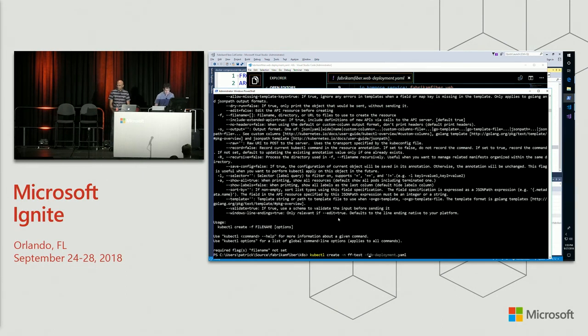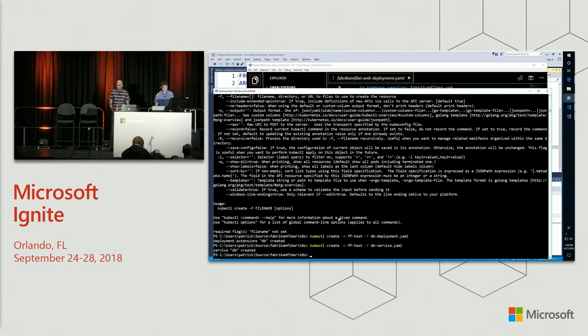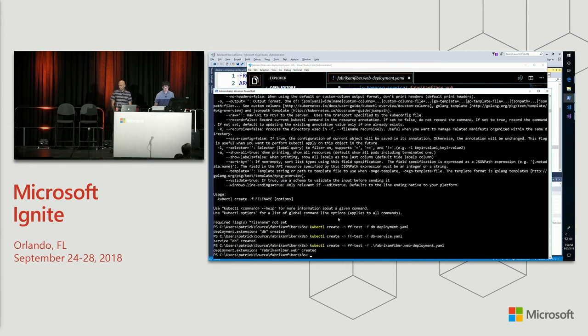Okay, so I've got my deployment. I want to have a service endpoint. What the service endpoint in Kubernetes does is it basically gets an IP and a host name that's local to the cluster that can always be used to find that service that's running. So it doesn't matter where my database is running. The web service can always just refer to it as DB for database, and it's going to get routed to the right place. And then I need the web deployment and the